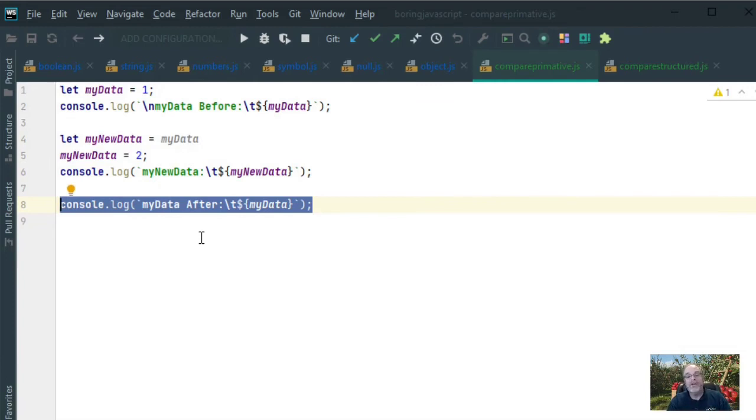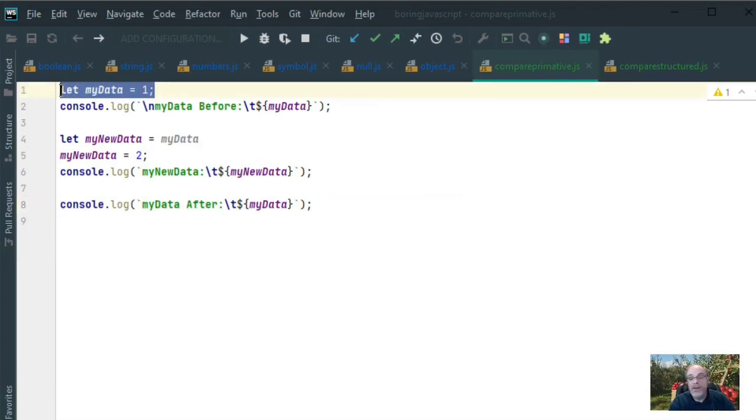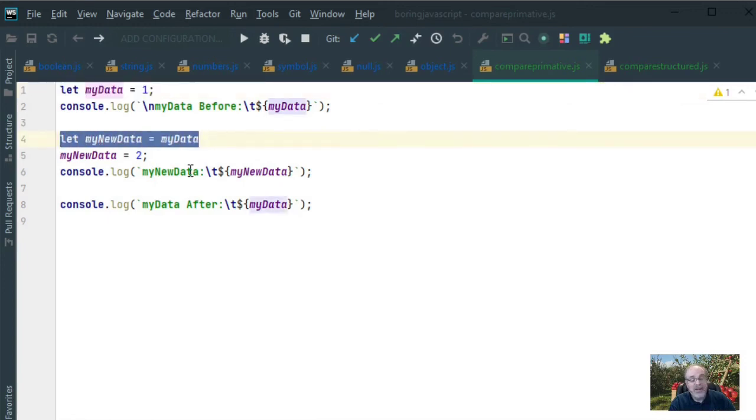Now, why am I doing this? Because JavaScript will treat things differently based upon whether it's a structured data type or a primitive one. For a primitive one, it makes a physical copy of the value before it assigns. So I have the value of 1 here inside my data. When I say let my new data equal my data, that makes a physical copy of my data. So now I have 2 distinct unique variables, one called my data, one called my new data, each one having values that are completely